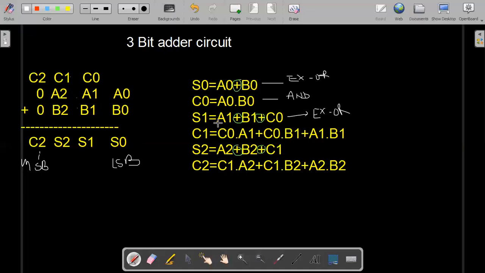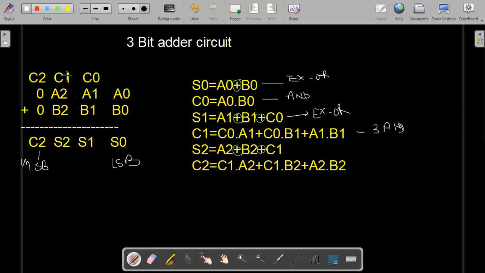So A1 XOR B1 XOR C0 will give you S1. The carry generated from these three bits may be from C0 A1, C0 B1, and A1 B1. So here we need three AND gates to get the carry C1.